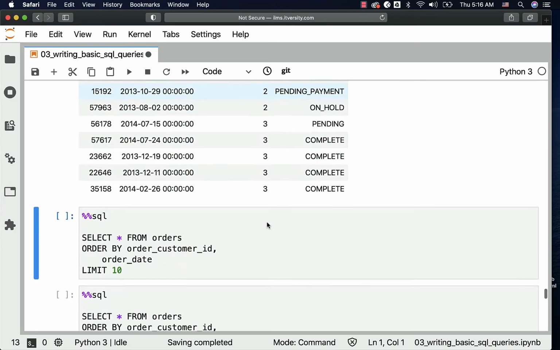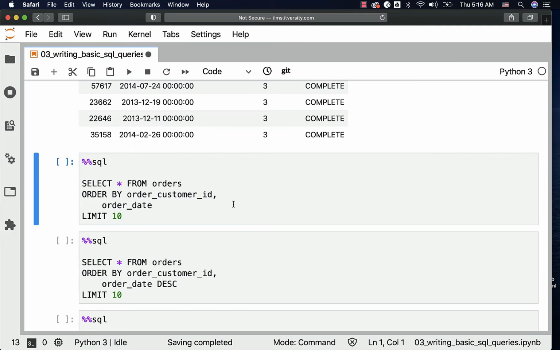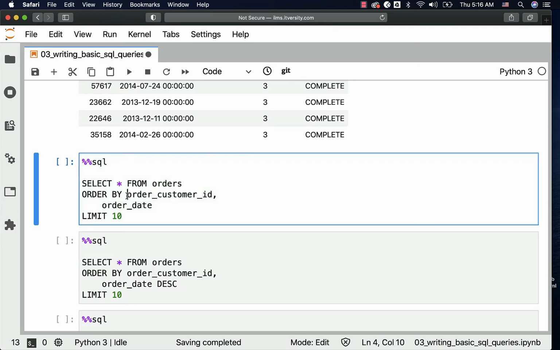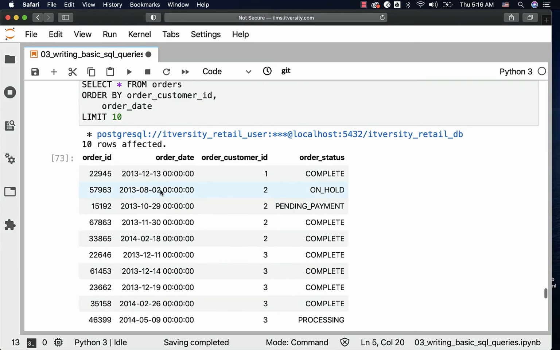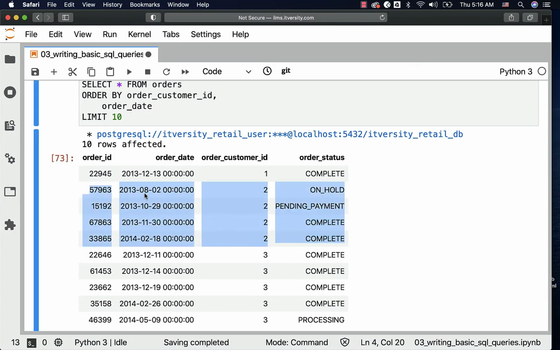Now if you want to perform composite sorting where data is sorted on more than one field, this is how it will look like. You just have to specify all the columns on which you want to sort the data using comma as the separator. So in this case I am trying to sort the data in ascending order by customer ID and ascending order by date. You can see the results here. This time the data is sorted in ascending order by date for the same customer 2. So the oldest order placed by this customer is on 2013 August 2nd